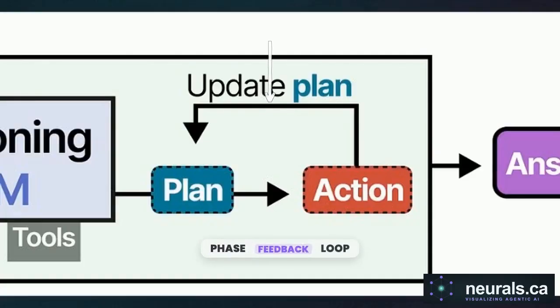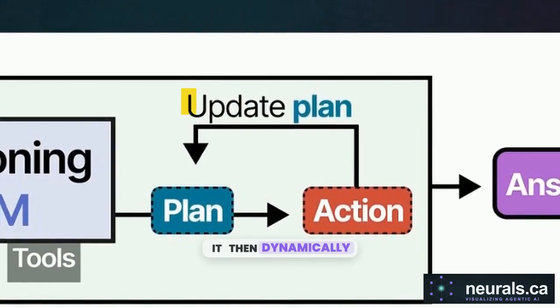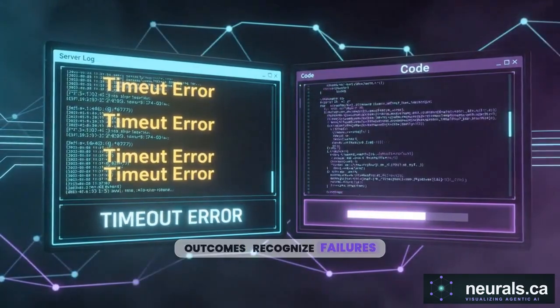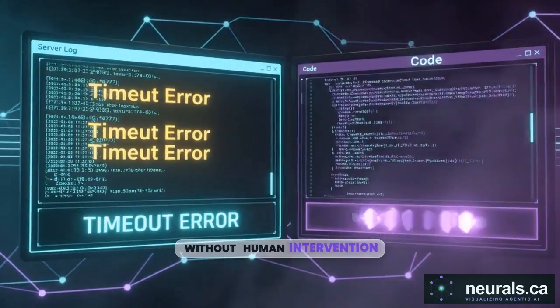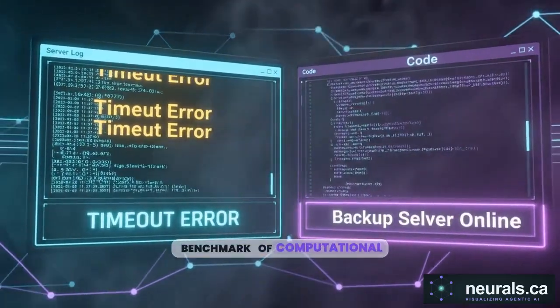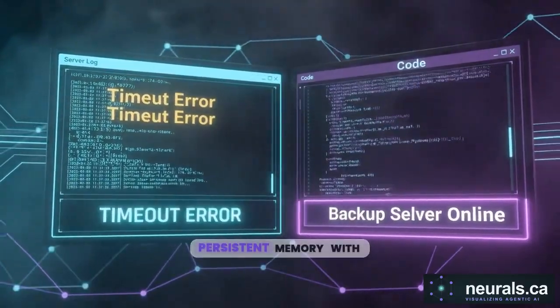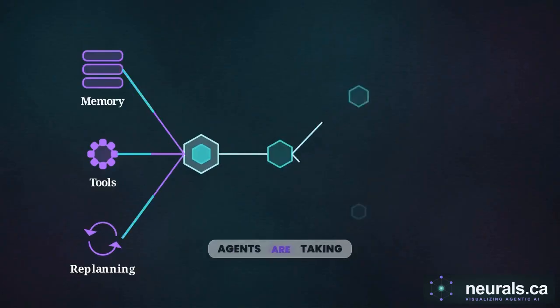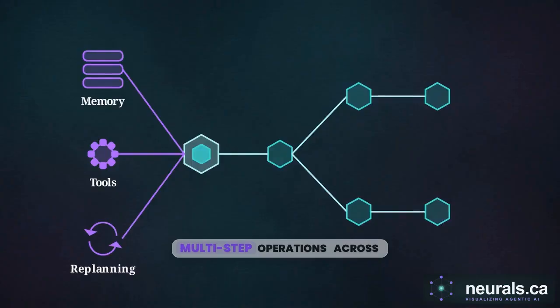During the reflection phase feedback loop, the agent registers that the outcome deviated from its goal and updates its internal state. It then dynamically replans, independently searching for alternatives and adjusting flight times to ensure the high-level goal is met. This ability to continuously analyze outcomes, recognize failures, and correct course without human intervention is the true benchmark of computational autonomy. By combining persistent memory with external tool usage and dynamic replanning, agents are taking over highly complex, multi-step operations